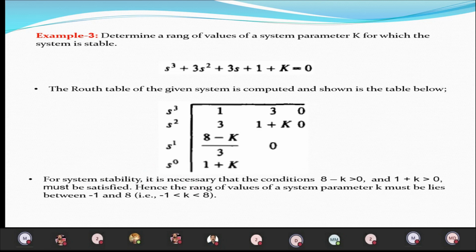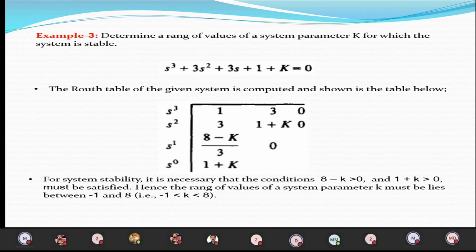Okay, so similarly, you can consider the next problem. S power 3, a simple polynomial equation we are taking: S power 3 plus S power 2 plus 2s plus 24 is equal to 0. So you construct the root array with S power 3, S power 2, S power 1, and S power 0. Here the first column of the root array contains a minus element. Therefore, you can see the sign changes. Before minus 22 we have plus 1, after it you have plus 24. Therefore, the sign changes from plus to minus, again minus to plus. Therefore, there are two sign changes. Okay, so the total number of poles is 3.